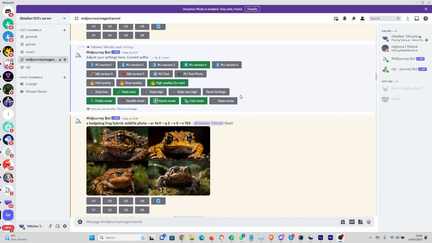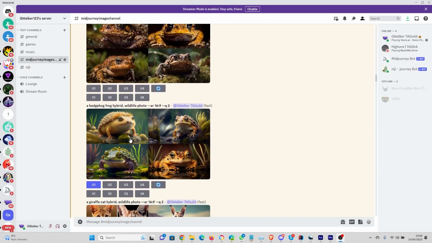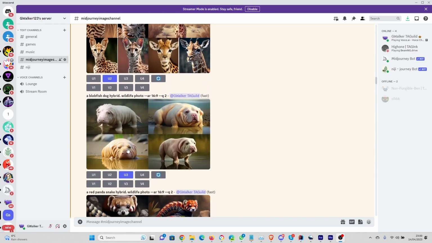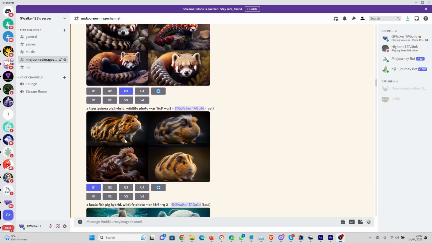The solution is to move back from Midjourney version 5 to Midjourney version 4. The way backwards is sometimes the way forwards. And the moment you do this, you will start getting wonderful creations like this blobfish dog and this red panda snake and a tiger guinea pig. So to end this video, I'm going to leave you with some of the creations that I made,